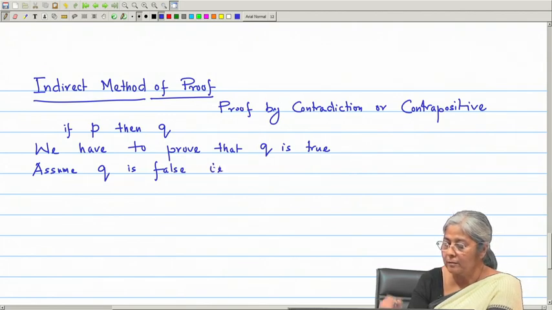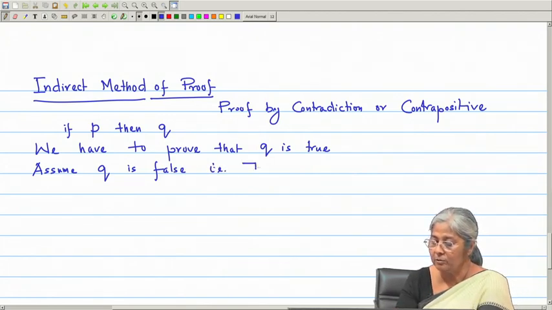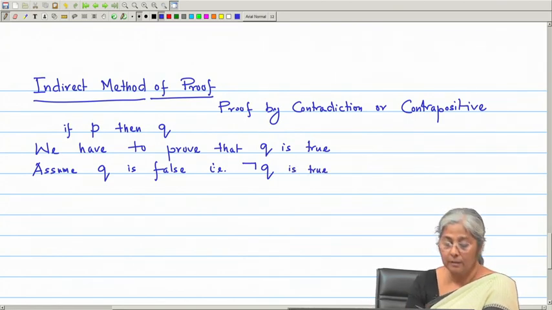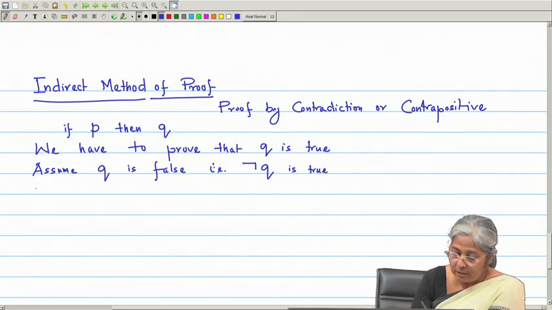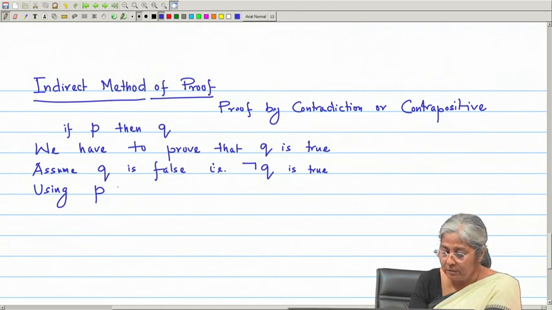That means negation Q is true. So, using P, that means P is true, and negation Q,